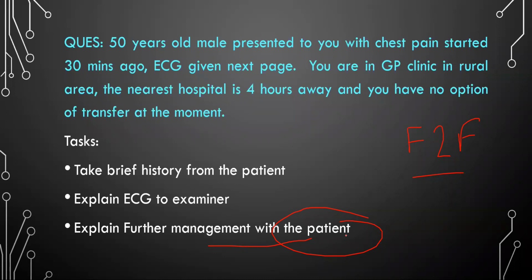I would tell him the basic management, like, we'll give the patient oxygen, then we'll give him nitroglycerine and aspirin and morphine if he's in pain. And if he's presented within the golden hour, which is ideally 60 to 90 minutes, we'll transfer him to the cath lab for angiography. And if he's beyond that, then we can go for streptokinase or anti-platelet agents. Yeah, so say that you already know everything, right? You just need to say this to the patient. So that's about it. I know that you know the management of MI, so that's fine.